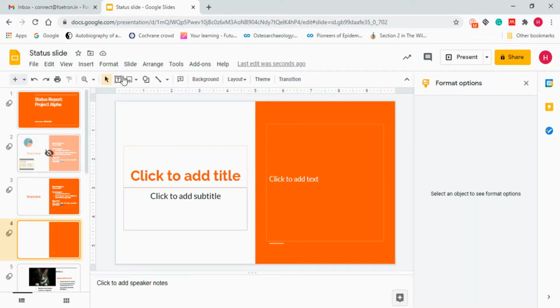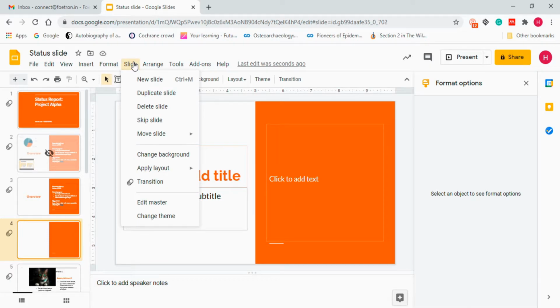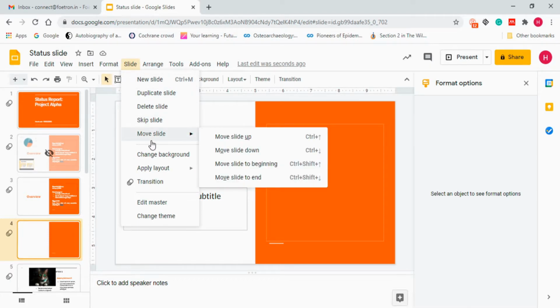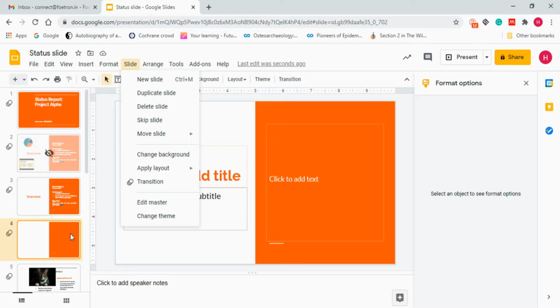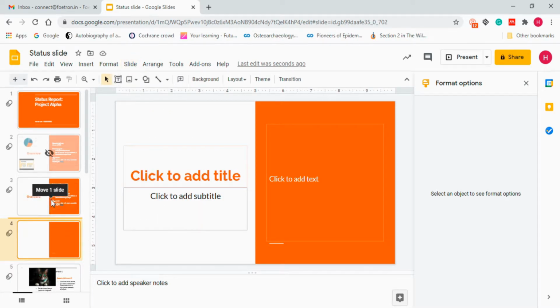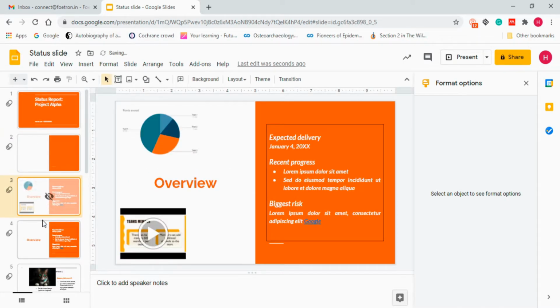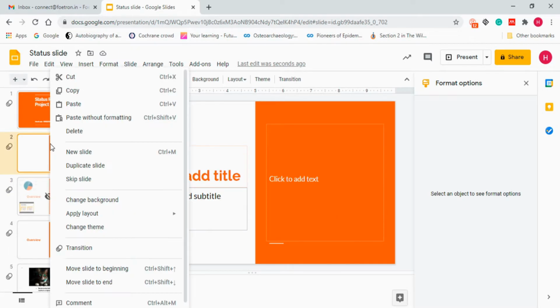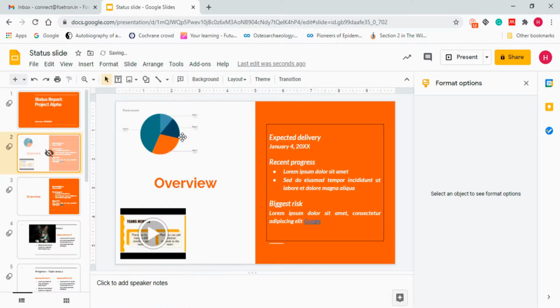After that we exit from the presentation view and go into the other point that we discuss, which is move slide. You can move the slide up, down, slide to the beginning, slide to the end. In spite of that, if you want to move a slide from here, you can just drag and drop it anywhere you want. You can make changes in your slide movement, or you can make the numbering as per your desire. Like if you want to delete, you can do that from here as well. Just right click on it. After that, click on delete.